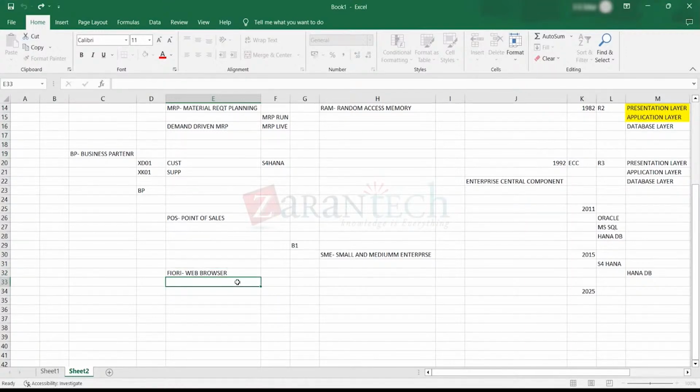One more thing about the Fiori app is that you need not remember the T-code now. In the Fiori app, you can directly type sales order and it will open the sales order. No need to know the T-code. So the advantage is